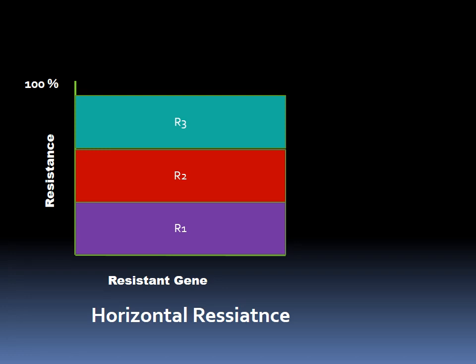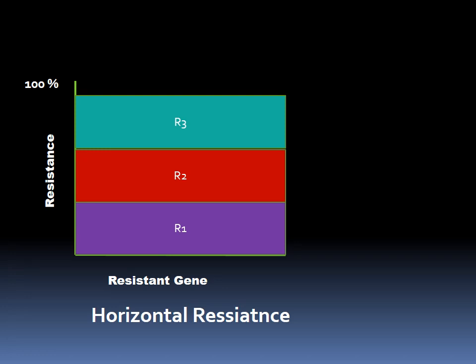At the same time, it is also not possible that a single strain of pathogen has corresponding mutated copies of these three genes. So that pathogen may have one gene which can break one of these genes, but still 60-70% protection is available